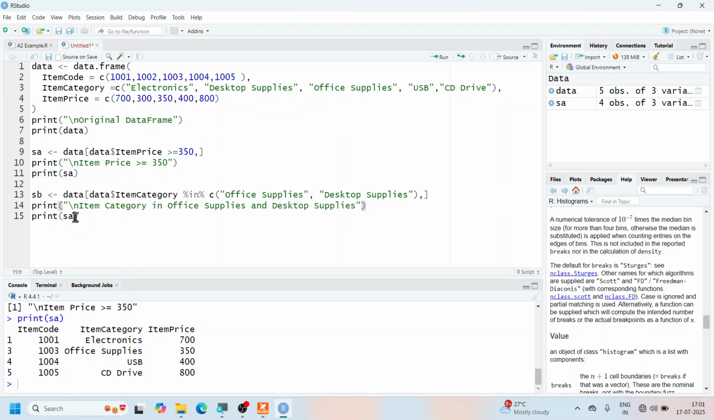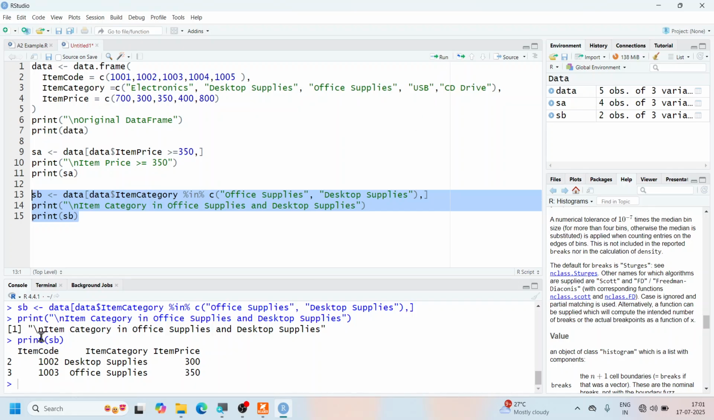So then I'm going to use the SB because this is my second subset. So I will use the second subset. This is the text that you are just showing. That's it. Okay. So you just select it and then run it. If there is nothing wrong, you are going to see the